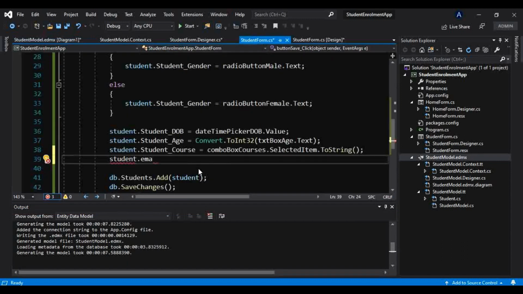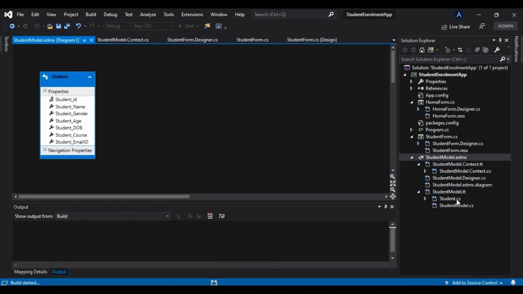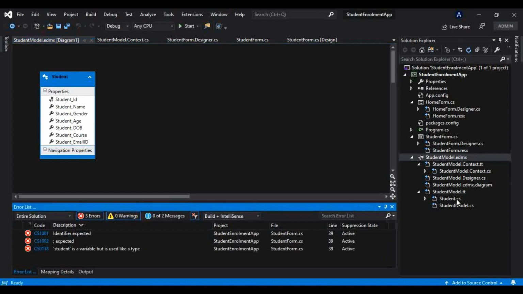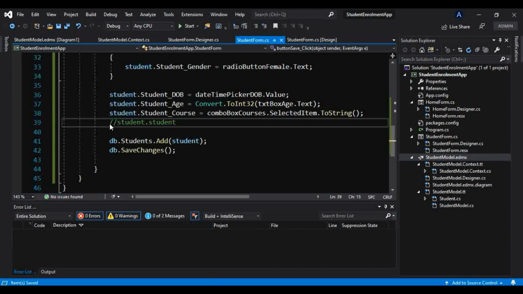Okay, so now we will find that student. And yes, as soon as we have added that, because we want that in our class as well, that is the student class, we have to build this project again. So Ctrl+Shift+B, we have to build that, and we will get that in our class as well, that is in this class, the student.cs. Yes, we have to first make this correction here, otherwise it will not get built.